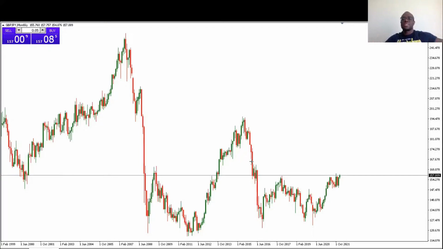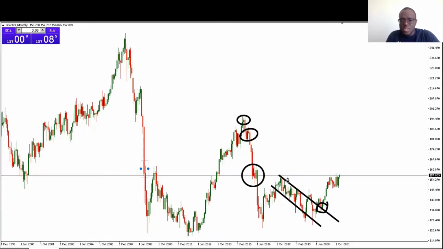On the GJ, we're going to start with the monthly time frame. So on the monthly time frame, I have this order block. I also have this one and this one, and then I have this one. So we can notice that the price